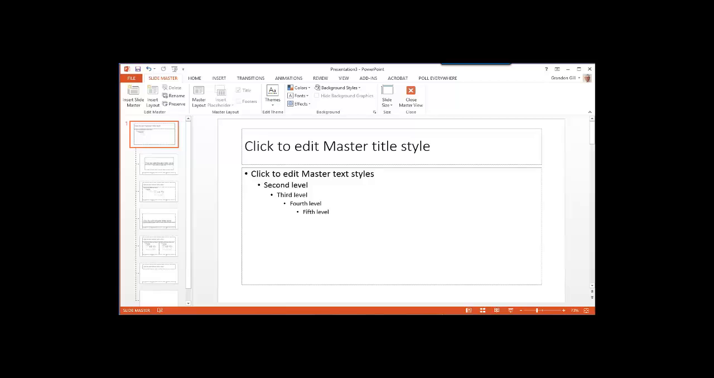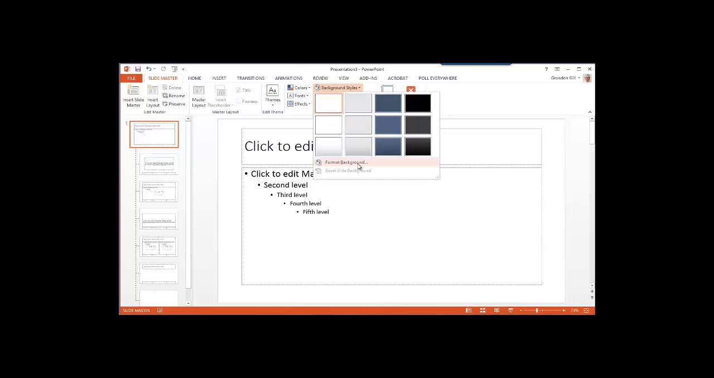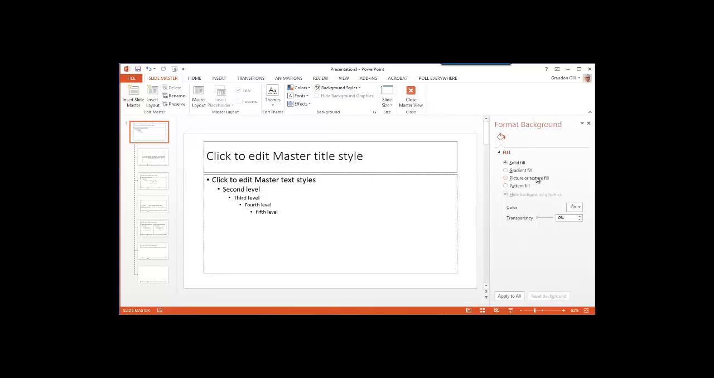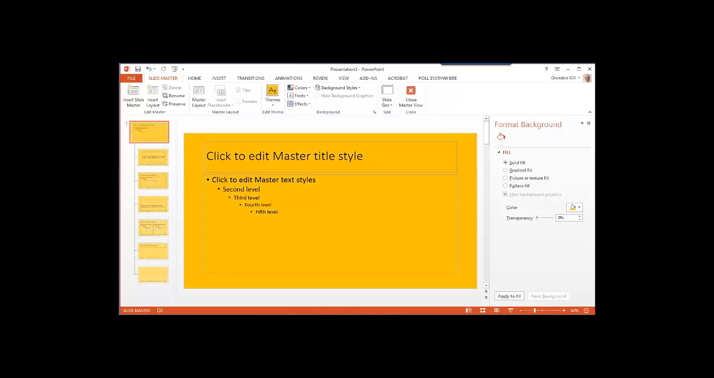Okay, now the next thing that I will do is this is the standard bullet point slide, and what I think I will do here is first off add a background color. So if I click on background styles and click on format background, it opens this up, and for the background color here I will use sort of a gold. Now that looks a little bit bright and garish, but